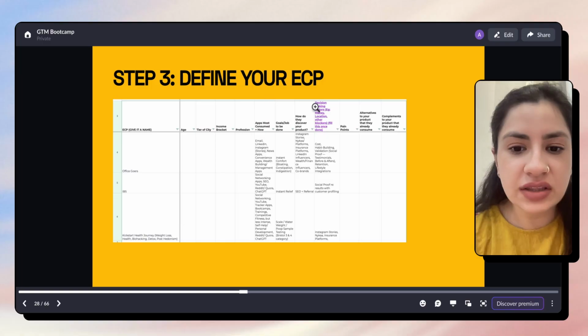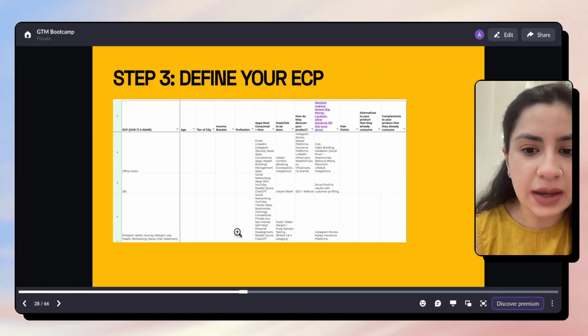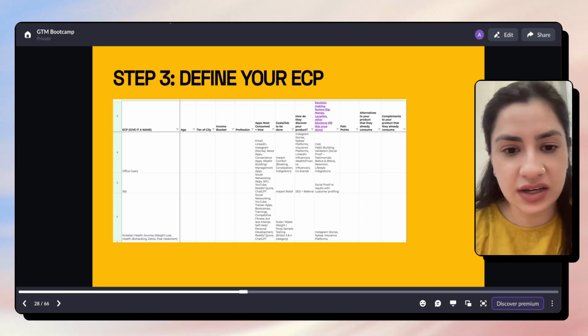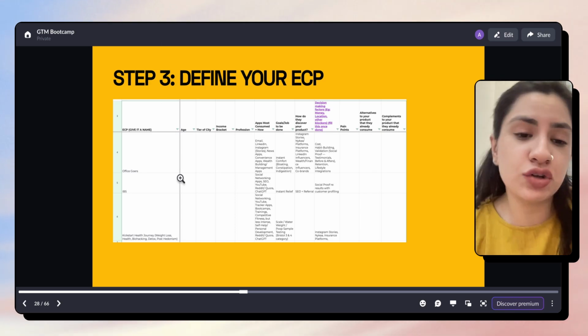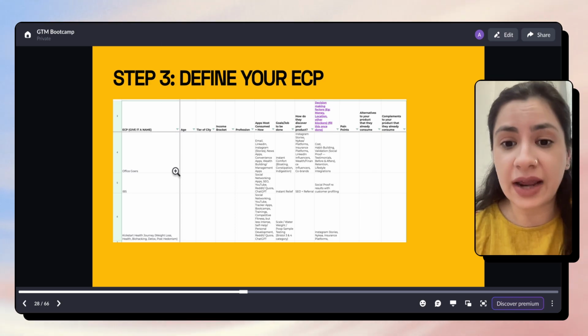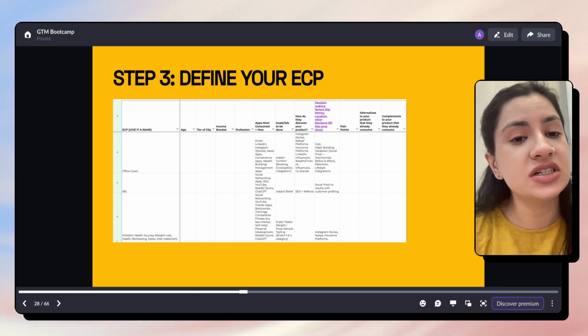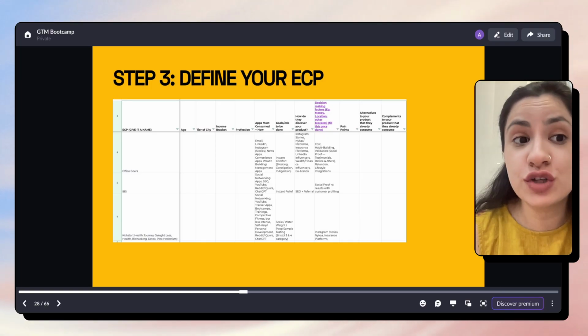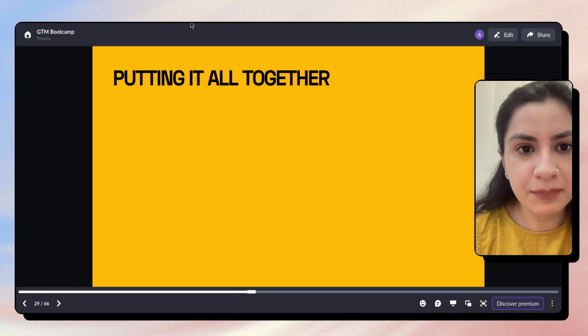So until that's there, it doesn't make sense for us to target them, which is why in ECP we decided not to target them right now, and we may target them in the next year or build towards targeting them over time once we have enough testimonials and feedback, etc. Right. So these are now important things for you to consider as well.